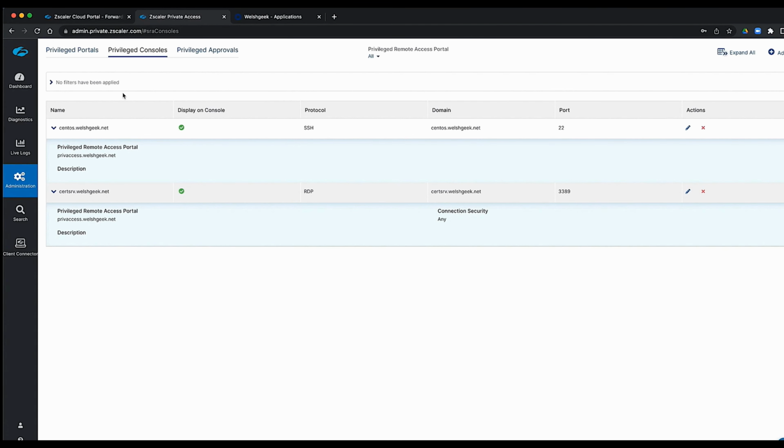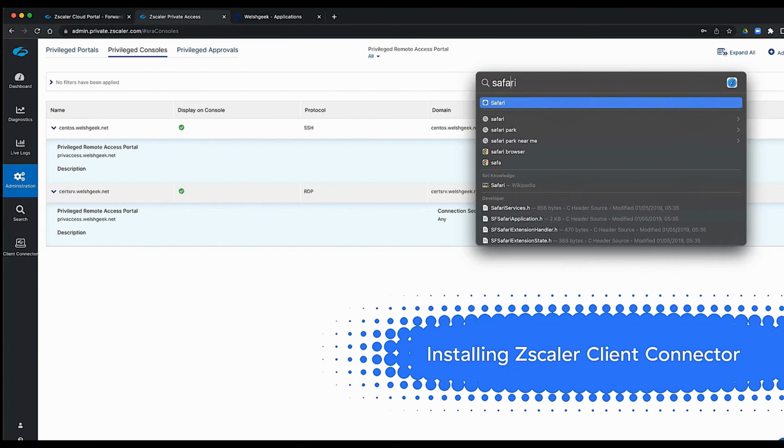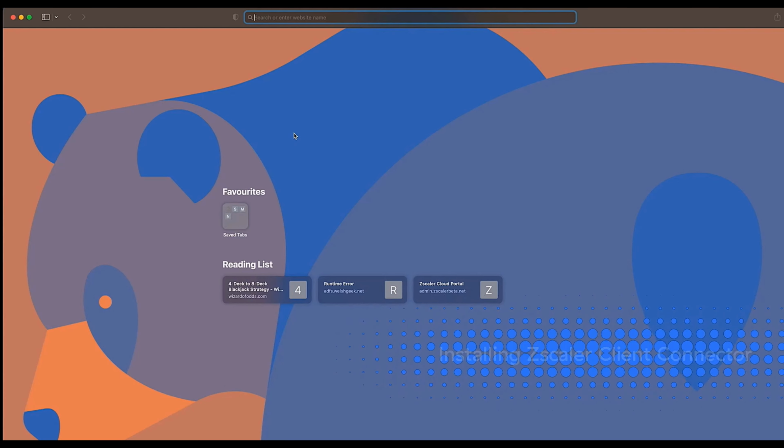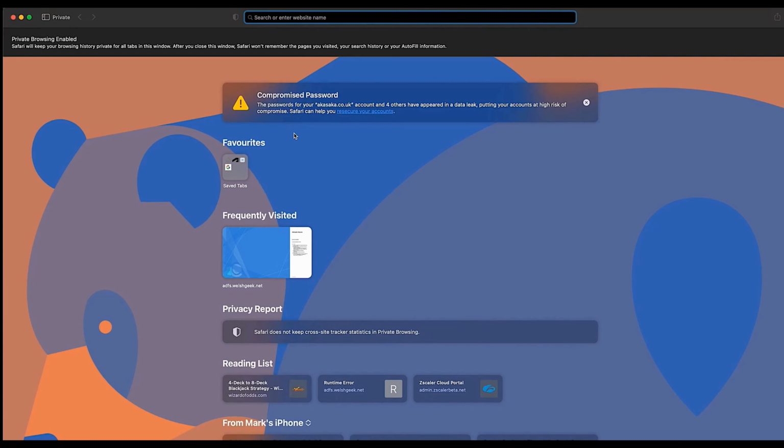So we have applications defined, we have SAML configuration defined, we have our portals defined. We can go ahead and install the client, but what we're going to do is start with using the browser-based access to get the client on there. So I'm going to open Safari. I'm going to use Safari for all of my demos here. And so we're going to open up a private browsing session, and we're going to go to